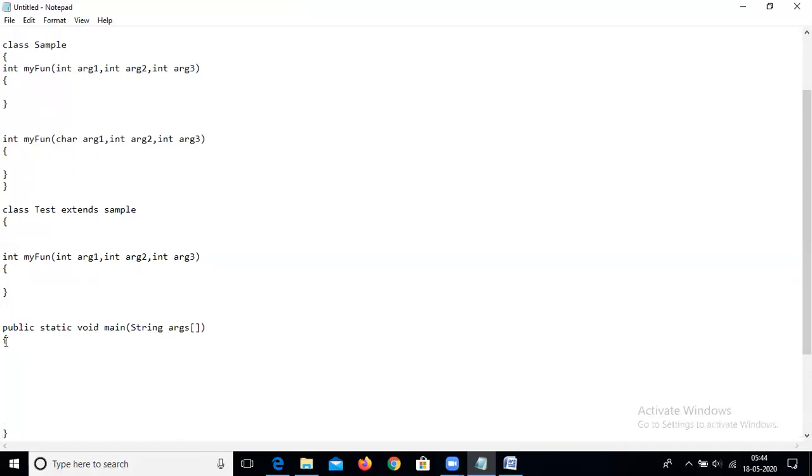In this, I'm going to create the object of the class. Suppose I create the object test: Test obj is equal to new Test.